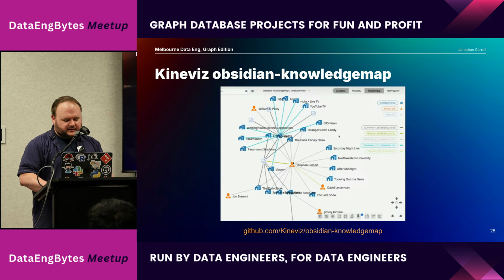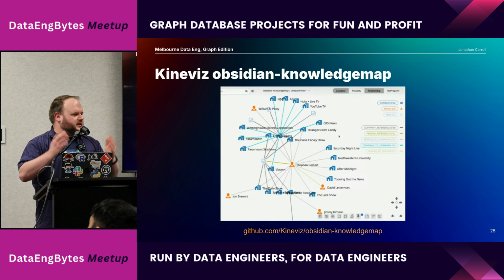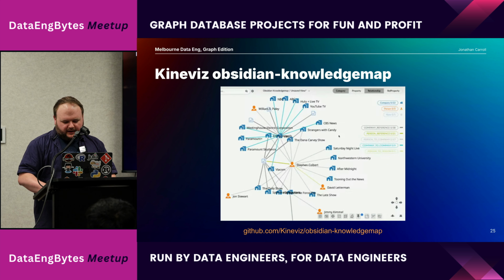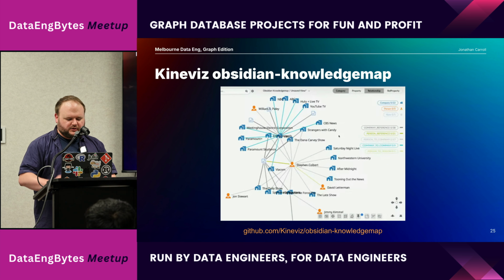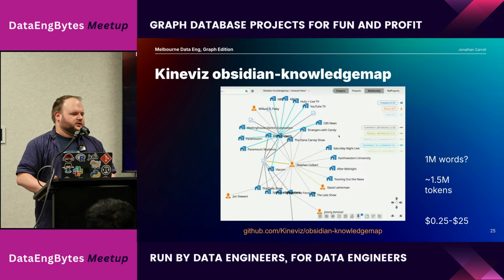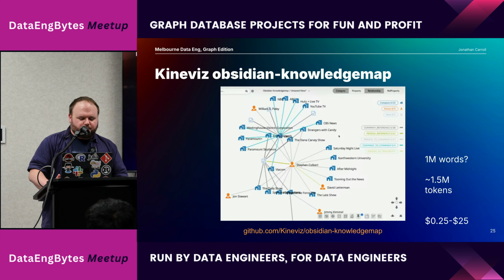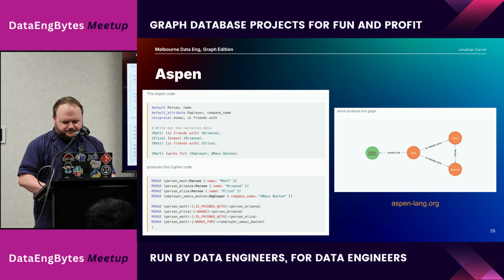So this is just an example one, but if you've structured your notes so that you have a person type and you have organization types, it can find how a person is involved with that somehow. And I'm not sure exactly what it comes up with, but you can just throw that at AI and say, give me all the connections. And I don't like it, for some reasons I'll get to in a minute. But I also did just a word count on my graph, and I've got about 1 million words in my notes. And okay, that's about 1.5 million tokens, and maybe that's somewhere between 25 cents and $25, depending on your per million token costs. That's not too much, but I'll get to why else I don't like that.